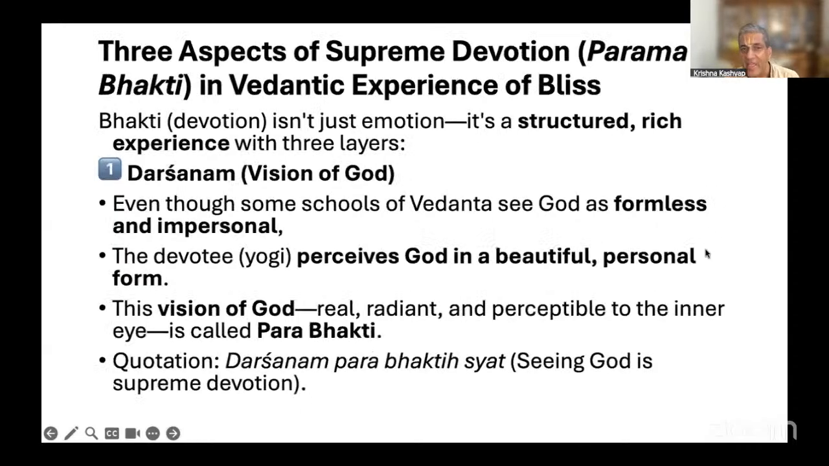The three aspects of supreme devotion are Darshana, Parabhakti, Parajñāna, Paramabhakti. These three steps are explained in the philosophy of Rāmānujācārya. And my grandfather is actually summarizing a lot of his view and understanding of Ramanuja Bhashya here. Parabhakti, Parajñāna, Paramabhakti. It is given in